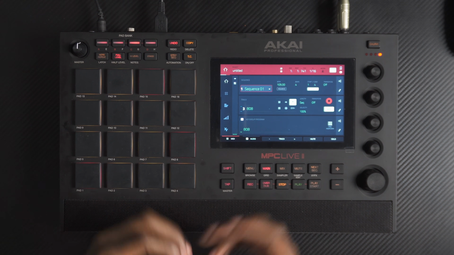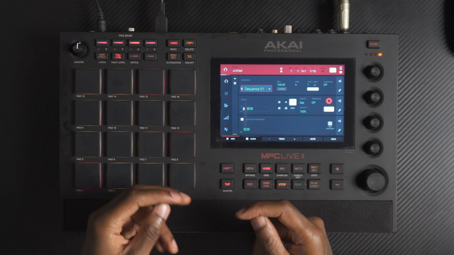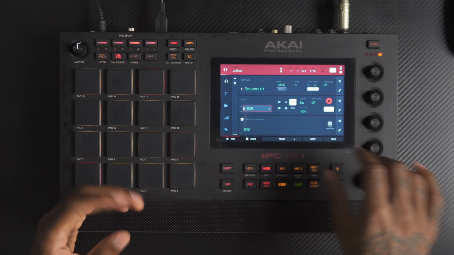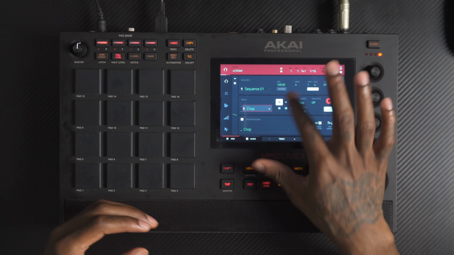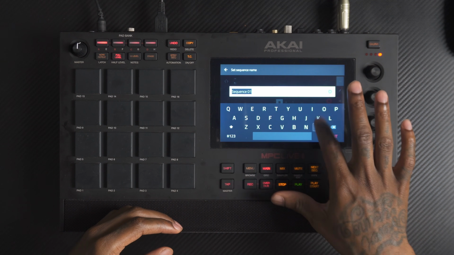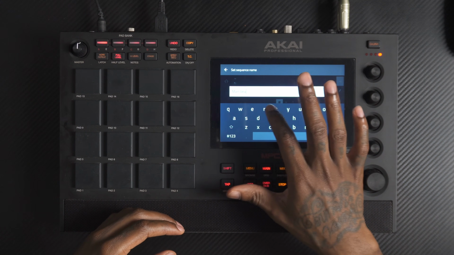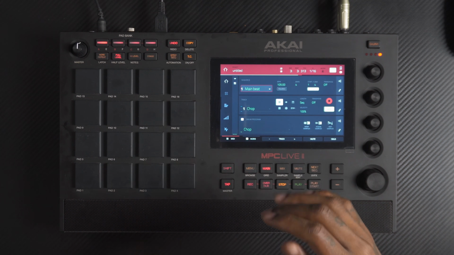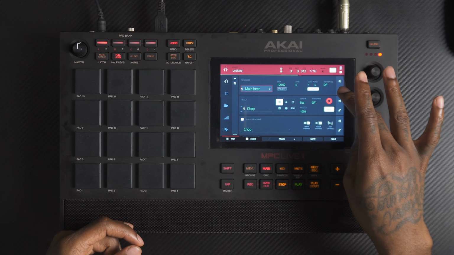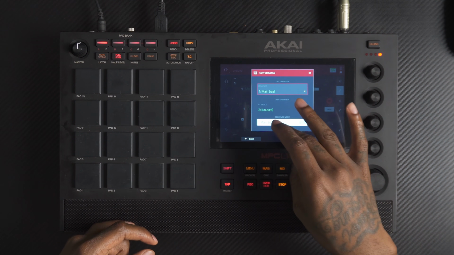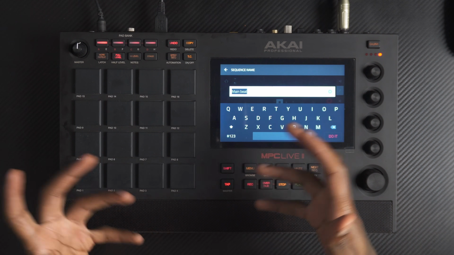I just like to create loops, and not just melody loops, beat loops, because once you have created your first beat loop, this is kind of like your main chop. So we can even call our sequence main beat or main chop. Let's just call it main beat. Now that we got our main beat, what we can do is go to the pencil tool in the sequence section and then copy that sequence over